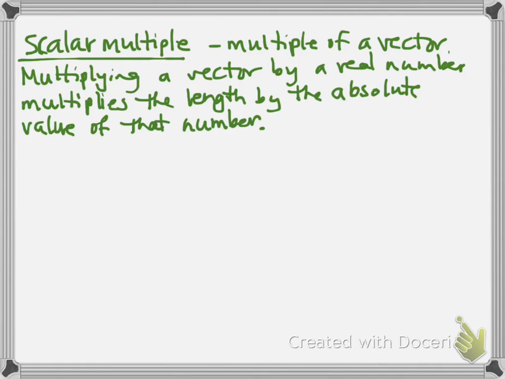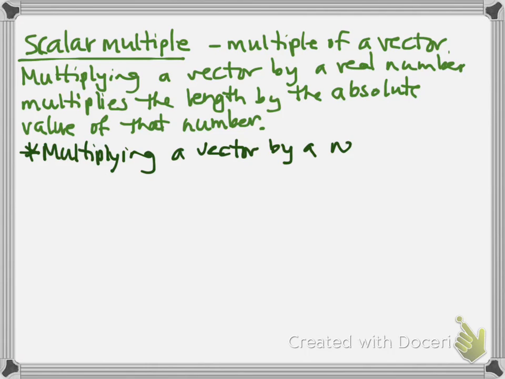So what happens is we're going to multiply by the number, but we will have to contend with some signs, so we have to be careful. And here's the key point with signs. Multiplying a vector by a negative value